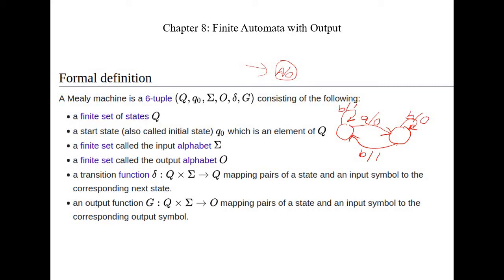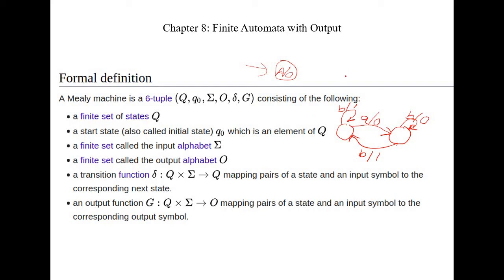So this is the Mealy machine, where the output is given when you read an alphabet, and the edges decide what is the output, whereas in the Moore machine the state used to decide what is the output. So the property of Mealy machine, the easiest way to detect either this is the Moore machine or Mealy machine